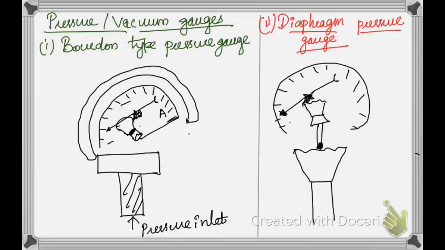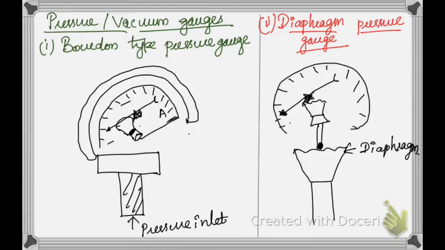The next one we are going to see is the diaphragm pressure gauge. This diaphragm pressure gauge is suitable for very sensitive media in the food and pharmaceutical industry. Apart from that, it is also used to measure pressure in viscous, crystallizing and contaminated media. A diaphragm is a mechanical device, and you can see here this is our diaphragm.